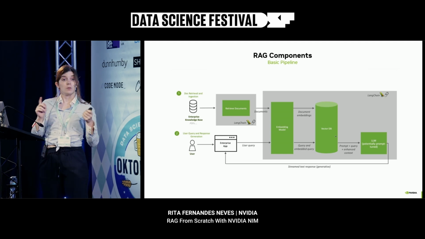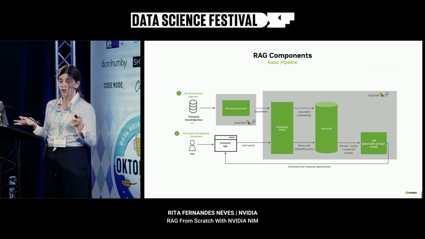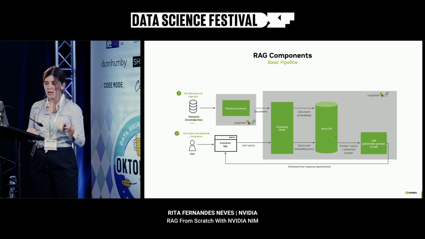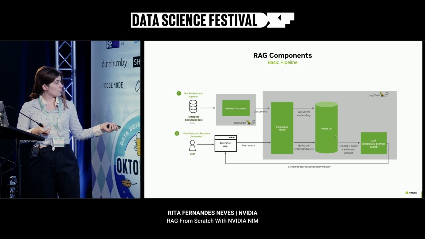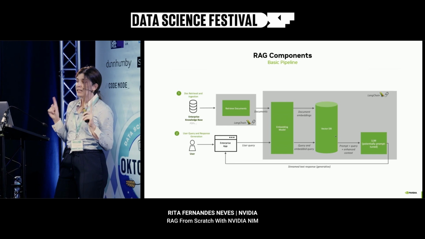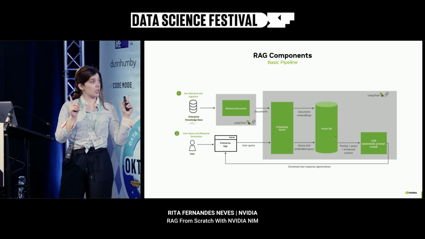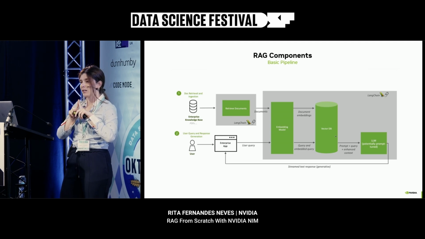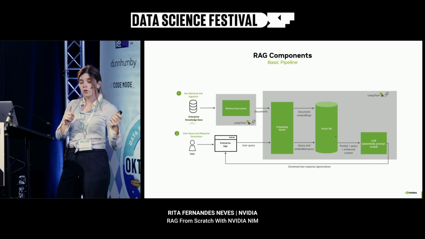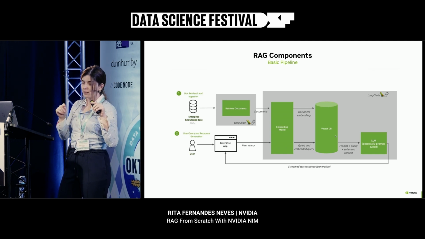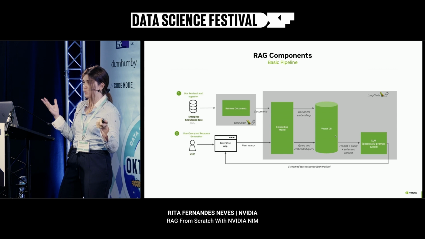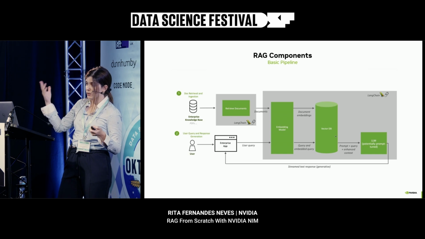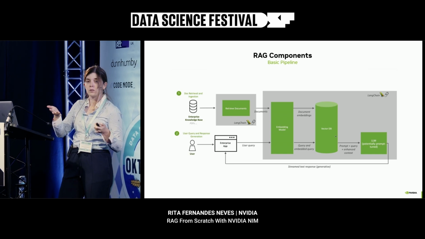At the same time, imagine that the user is asking something to the LLM. So the question of what was the last movie that Chris mentioned to me, then that query is also going to be embedded. And then there is a similarity metric that compares the similarity between the embedded query and the embedded chunks. And so the goal is to obtain the chunks of text that are the closest, the most similar to the query of the user. And the ones that are most closely related are the ones that are going to be fed into the LLM in the end.